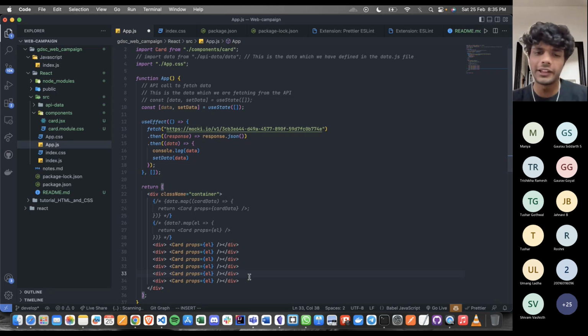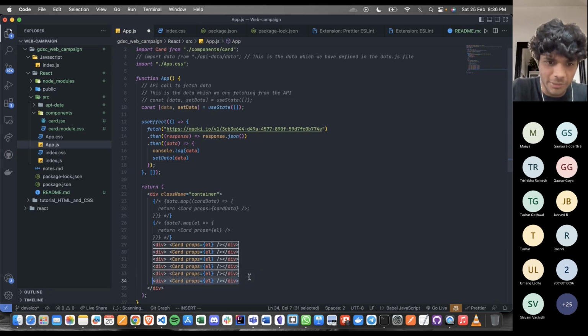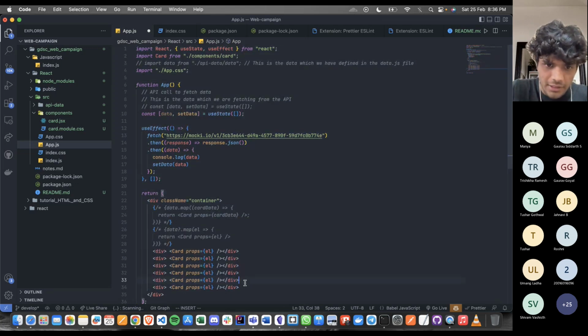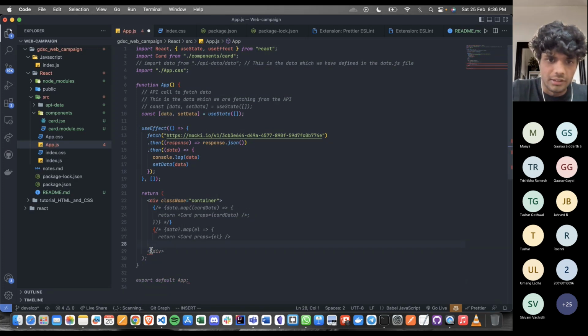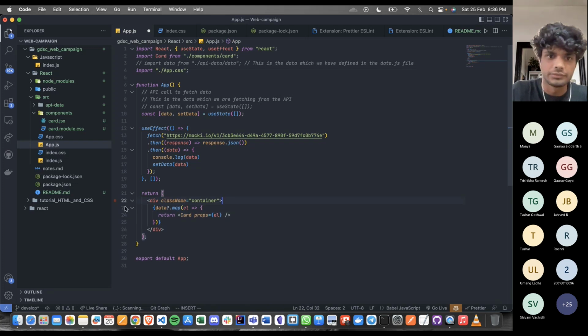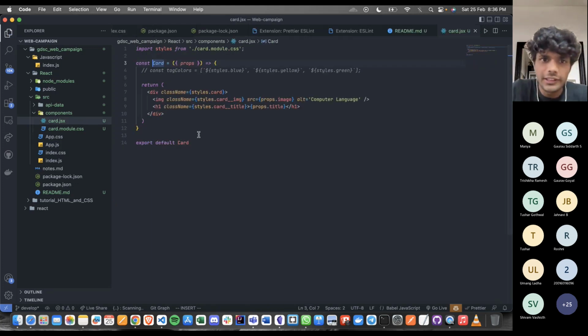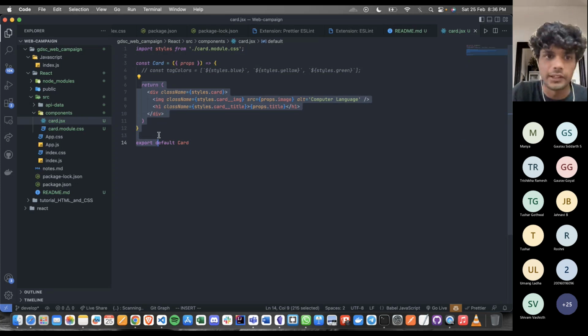तू भाई अलग अलग बार मत लिख, तू एक बार लिख दे और उसको मैप कर दे। सो दैट्स व्हाट गिविंग अस फ्लेक्सिबिलिटी इन JSX, कि भाई HTML के अंदर ही मैंने थोड़ा जावास्क्रिप्ट लिखा, और उससे मैंने मैपिंग कर दी, और एक एक कंपोनेंट को मैंने 6 बार दिखाया। ये जो कंपोनेंट था कितनी बार शो हुआ? 6 बार। तो ये कार्ड 6 बार ही तो चल रहा है। ये पूरी चीज कितनी बार चल रही है? 6 बार। ठीक है, 6 बार चल रही है।